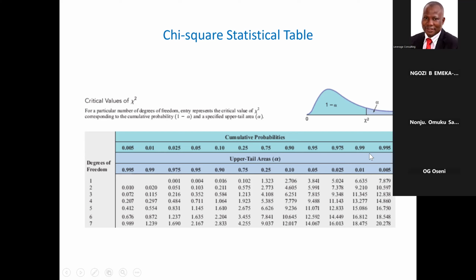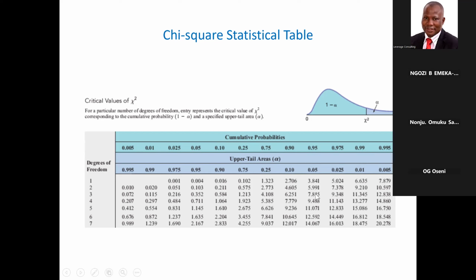Most of the time when we are doing our judgment, we choose 0.05, which is 5%. So that's why it comes under 0.95, which is a 95% confidence level, and 0.05, the blue area, is the level of significance. Look at the critical value. For degree of freedom 1, it is 3.841. For degree of freedom 2, it is 5.991. For degree of freedom 3,